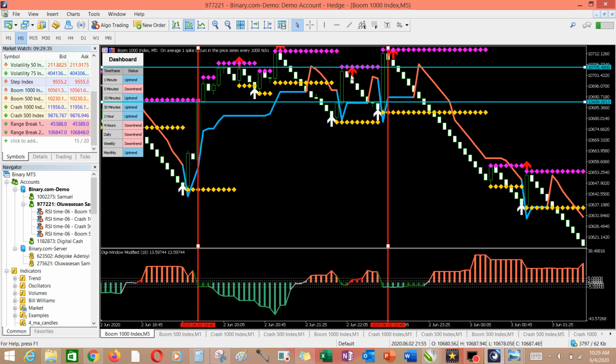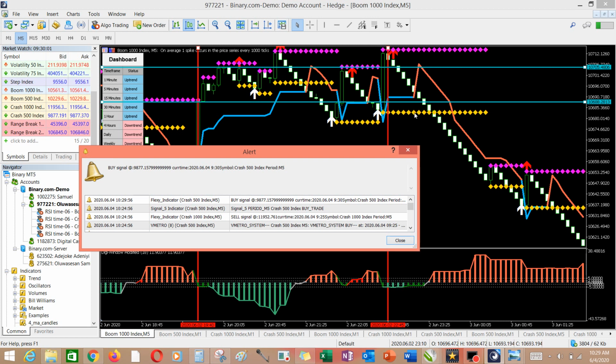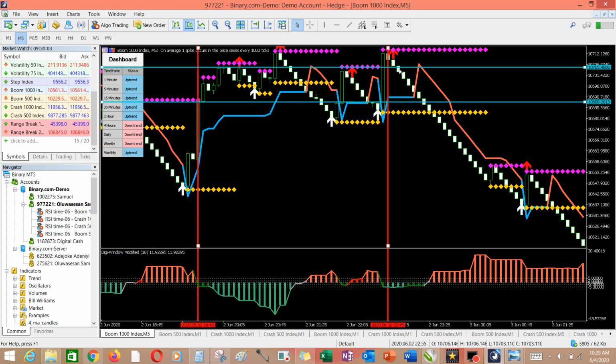You can see it sold from here to this level, and at this level it is approaching the same support level that it usually spikes from. So all you just need to do is just to exit the market. But if you had been selling from here, you will have gotten 1 2 3 4 5. That is 5 minutes candle. That is 25 minutes candles for you. So that is amazing. So it spiked up again and got back to that resistance level, and it came down. So you can come in again and trade and get another 5 minutes candle. So that is trading using the retest method.